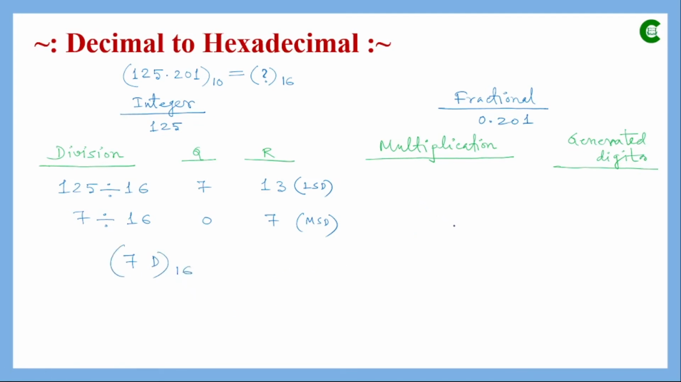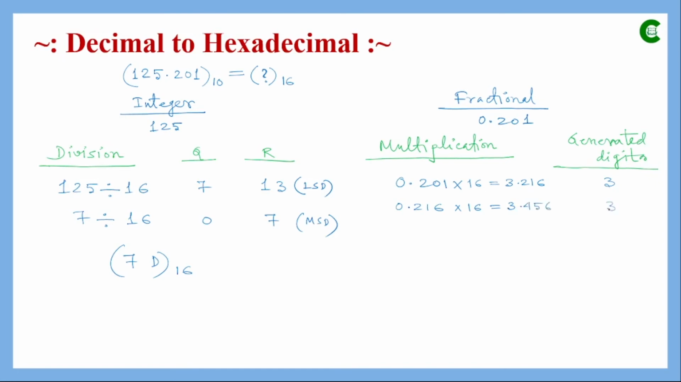Next we will multiply the fractional part. The fractional value here is 0.201, which will be multiplied by 16. The result will be 3.216. So we will take the integer value, which is 3 here, and then continue with our multiplication. This time the fractional part is 0.216, which will be multiplied by 16, and the result here will be